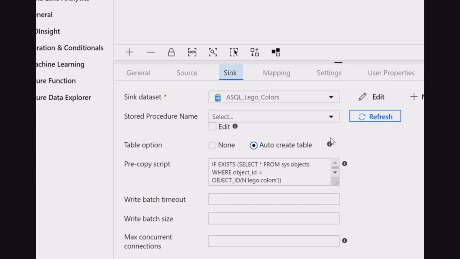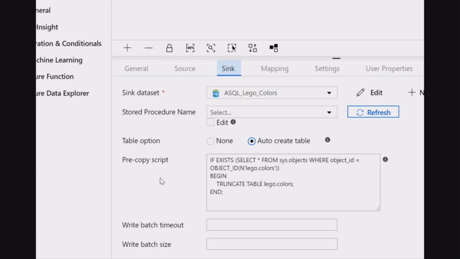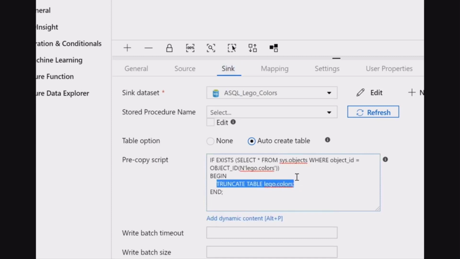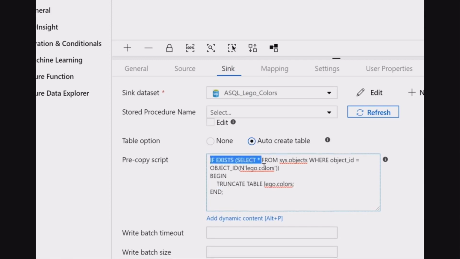So that was the thing that schema drift could handle in mapping data flows. I had this awesome demo that you can use mapping data flows to handle these things. And then boom, you get one setting right here that just goes and recreates the table if necessary. And just a final piece here, if you're wondering what this is, the pre-copy script is what's run before I actually load the data. I do want to truncate my table before loading it. It's a very simple truncate and load pattern. But because I want to auto-create the table if it doesn't exist, I do need to check for existence, because it tries to run the pre-copy script before creating the table, which is slightly odd.